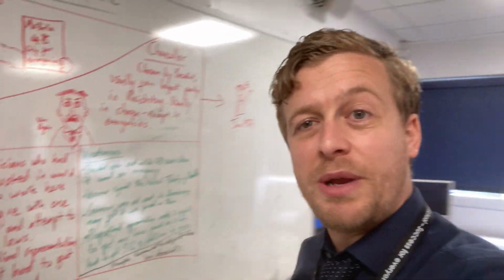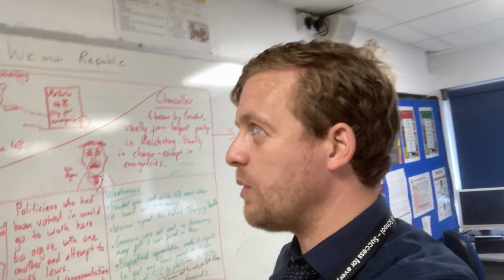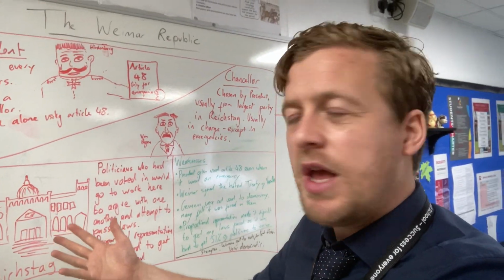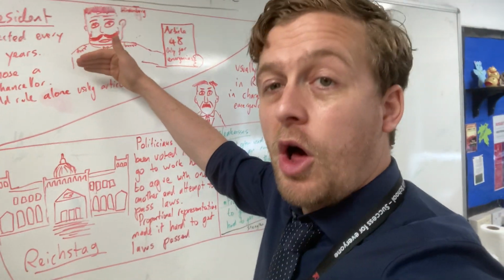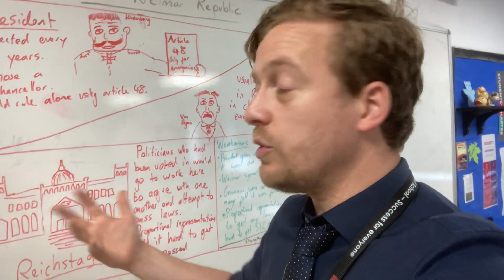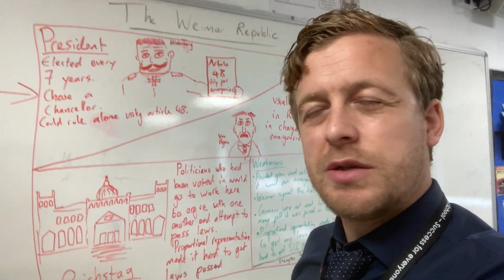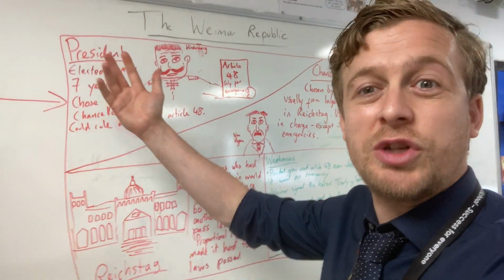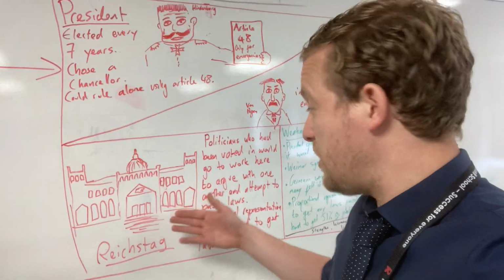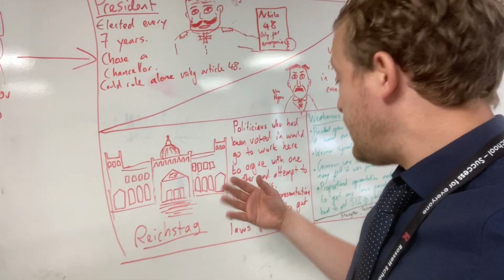This arm's aching, so I'm swapping arms. Let's say there was a huge economic crisis and Germany doesn't have enough food. What the president might have to do normally is he would say, right, I elect that we use some of our gold reserves to pay for some food from Russia. And he would send that to the Reichstag. They'd have a vote on it. It would take a few weeks. And eventually they'd hope to get